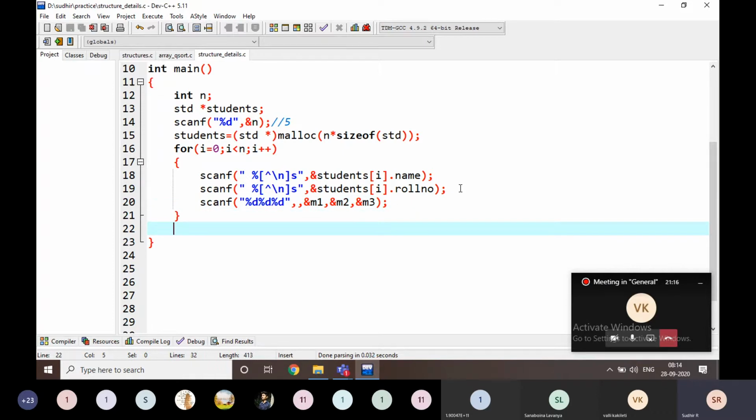Now I am going to pass this total into some function here, student underscore details.